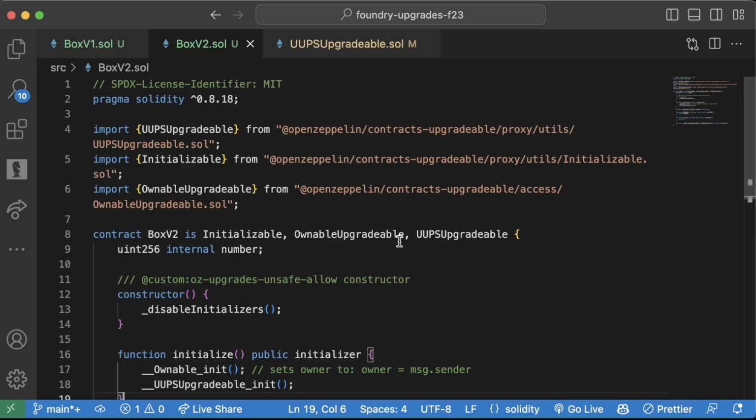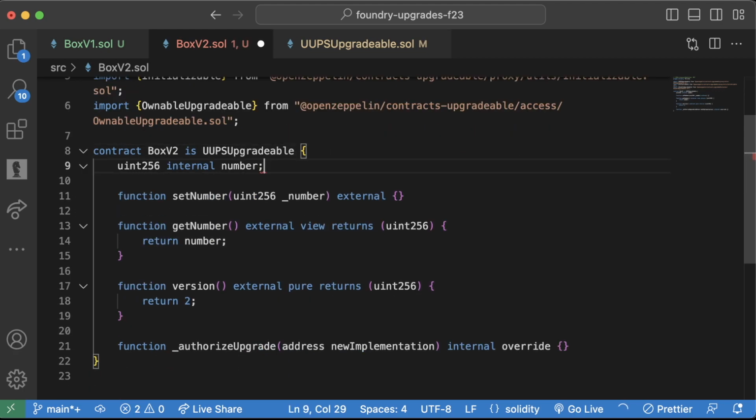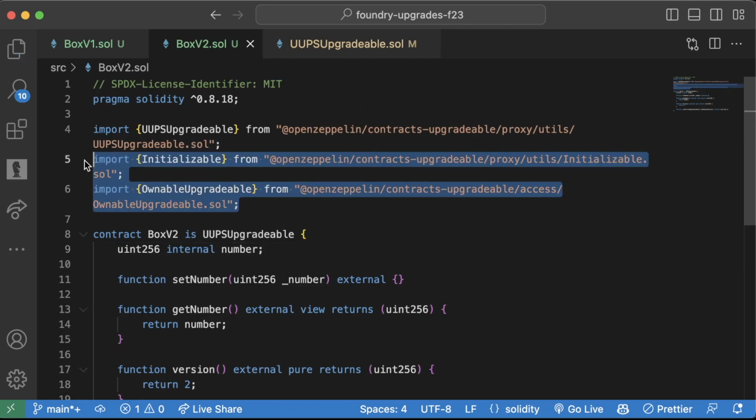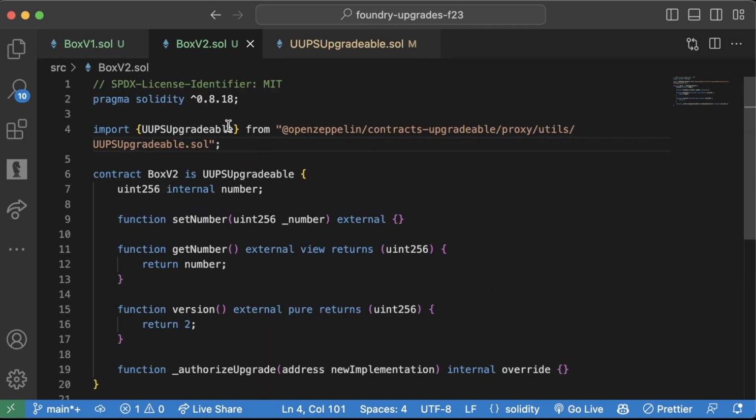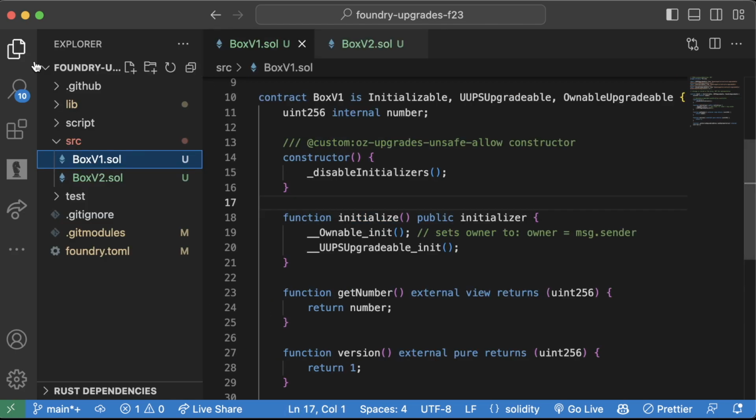Now we can make this even smaller. We could say, okay, cool, we don't care about upgrades, we don't care about initializing, and we just say goodbye. This doesn't need an initializer, it doesn't need any of that stuff. We could even delete all of this if we wanted. And now it's just UUPSUpgradeable, without any initializer and without any constructors. We can do the same thing with Box V1, but I just wanted to demo what it would look like if you did want a constructor. But now that we've done all this work,